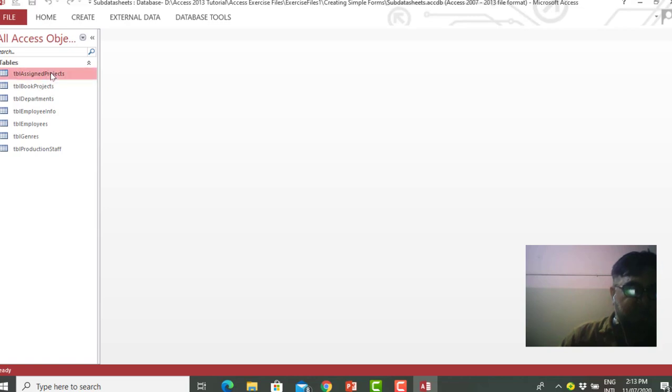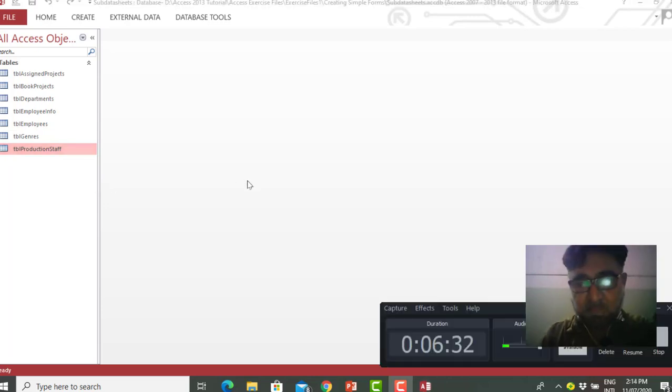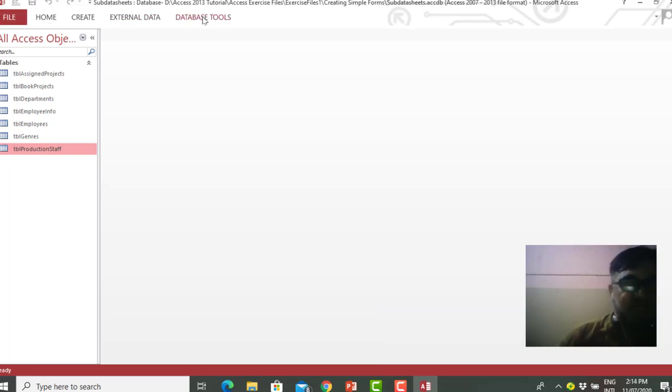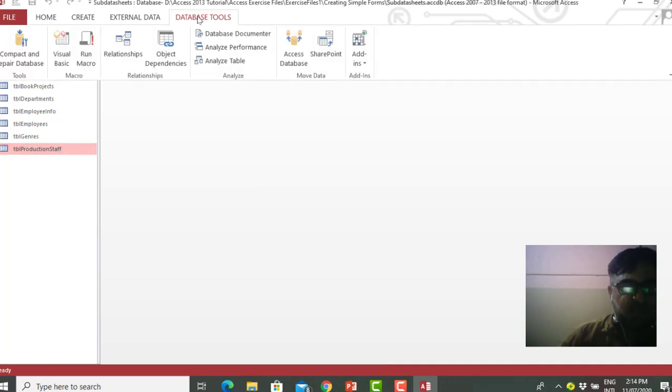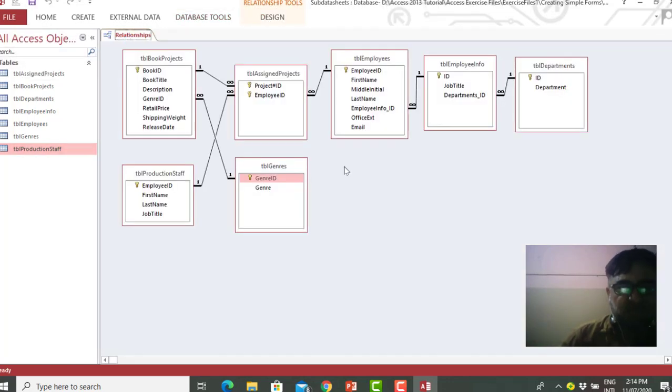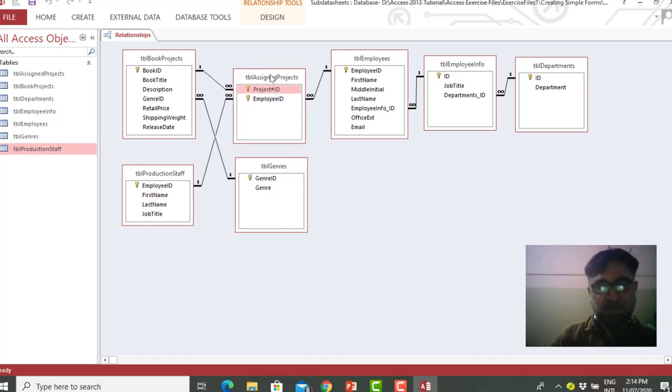Here you can see tblAssignProject, tblBookProject, tblDepartment, tblEmployee, tblJoiner, and tblProductionStaff. In Database Tools, Relationships, you can see that this tblProject is connected to this tblEmployee with the help of this junction table.